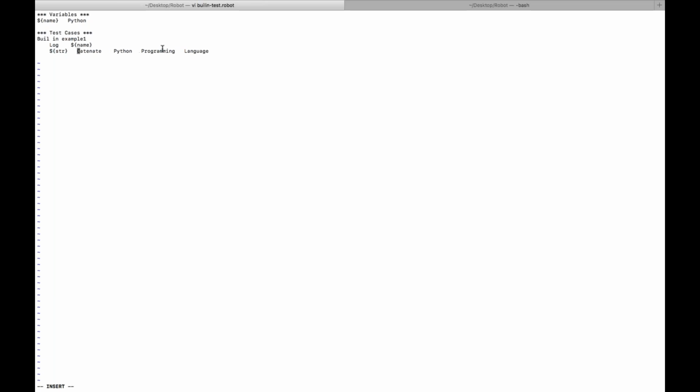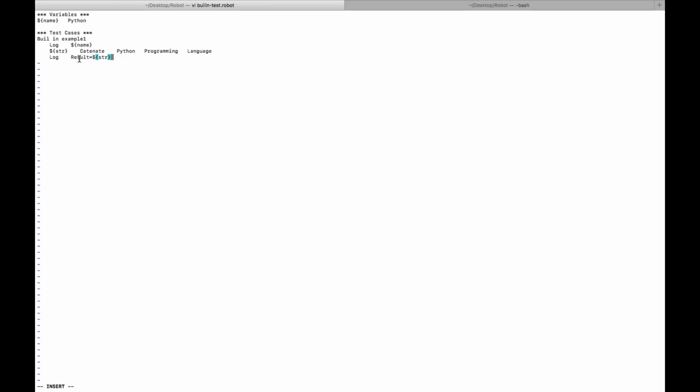So you can give it like this: the result variable name, the keyword and the arguments. This will combine all these strings and store the result into this variable. You can give any variable name. So there are two ways. One, you can give it like this, and now I'm printing result equal to dollar of